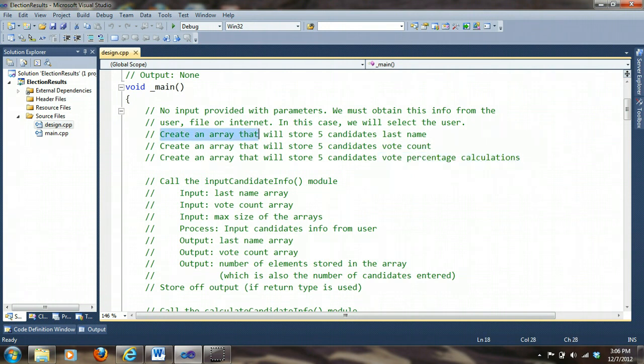So we need to create these arrays that are actually going to store all this information. That's kind of step one, right? Taking a step back and saying, okay, what variables do we need in order to store all of this information? And that's what this pseudocode here represents. Now you may not know ahead of time all the variables that you need, right? I've always said you can always go back and add variables as you need them, but in this case here,